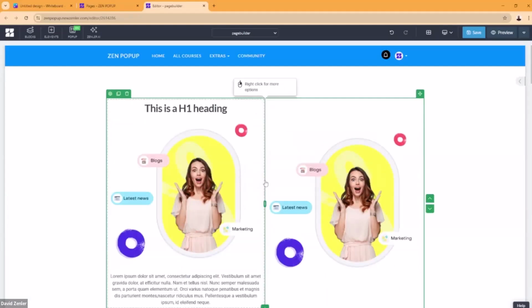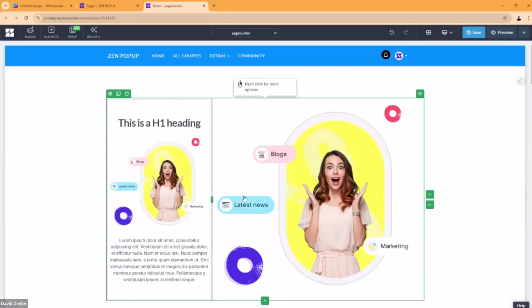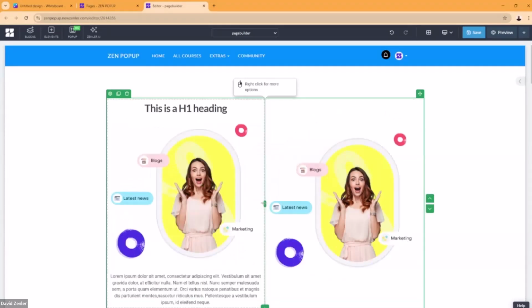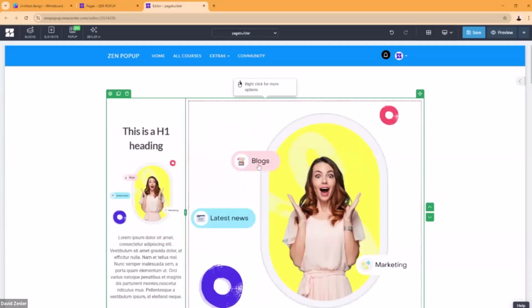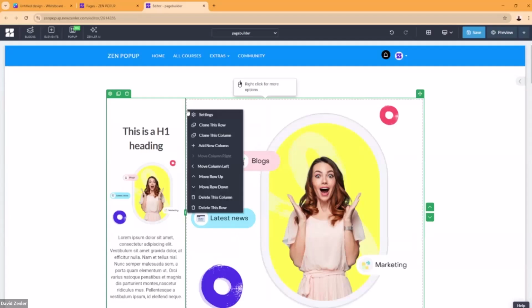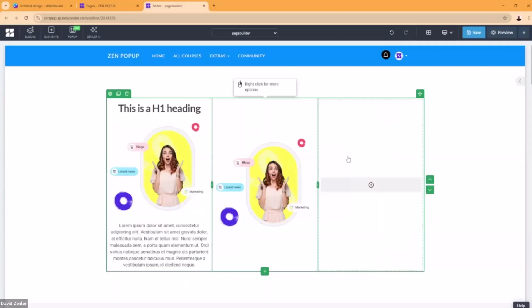I can also go into, remember I've got my column control, so I can also take my column control and move stuff up and down. And like I said to you before, and this is going to be another light bulb moment, I hope, if I'm inside one of the columns, inside one of the rows, if I right hand click, I can add a new column. Okay, and that's going to drop a column here.